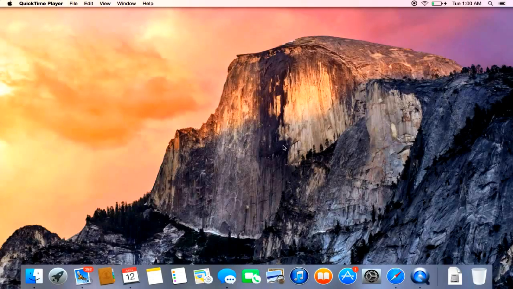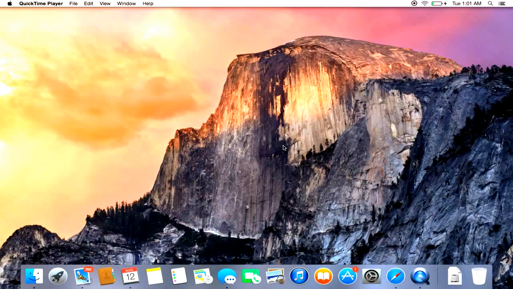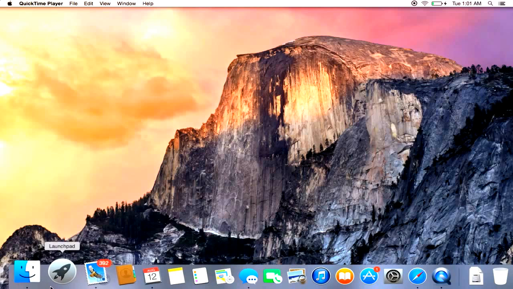So, as promised, what you are looking at is the Yosemite Beta. Now, bear in mind, this is indeed a beta. So there will be glitches. There will be things that don't work at 100%. Like, for instance, this is odd because 9 times out of 10, when I log into this account, the Launchpad icon is invisible. Yes, it is an invisible Launchpad icon. It's a glitch. Apparently, it's not a permanent glitch because it's here now,